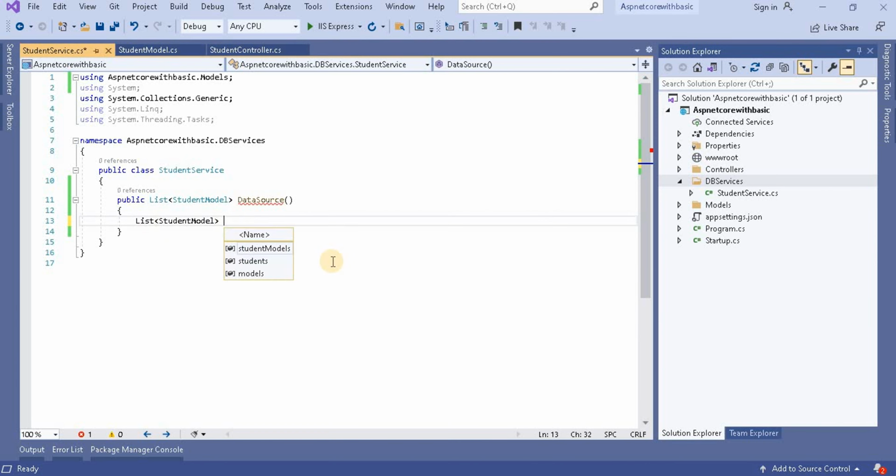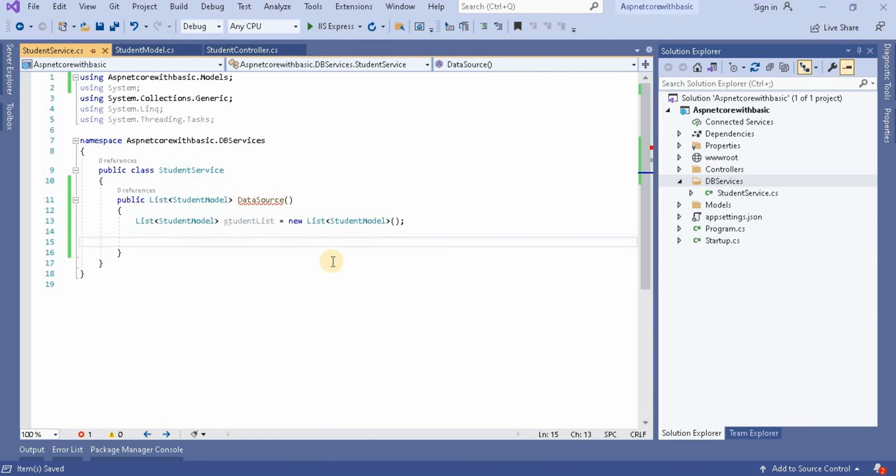So I'm going to take a student list equal to new, and then I will return this student list. Now let's add a couple of data items inside that student list.